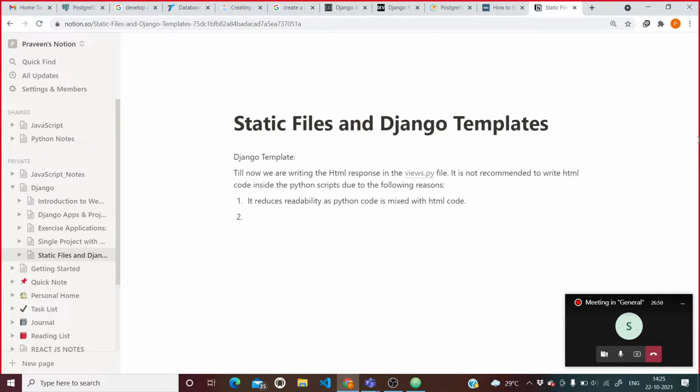It means that the Python developer has to concentrate on Python code as well as HTML code.